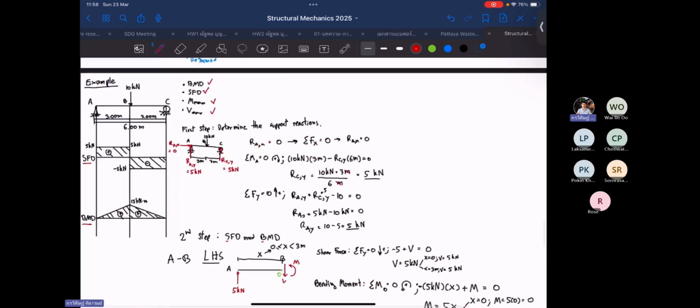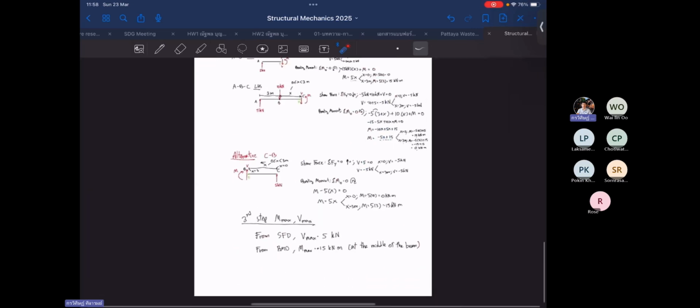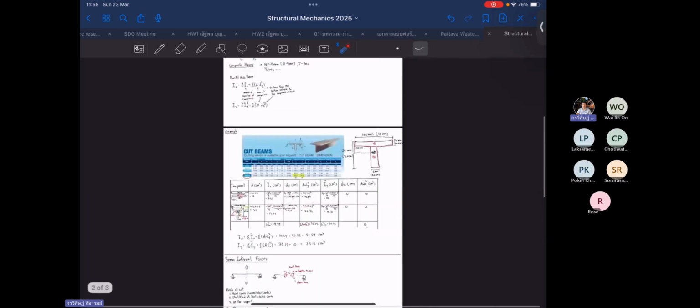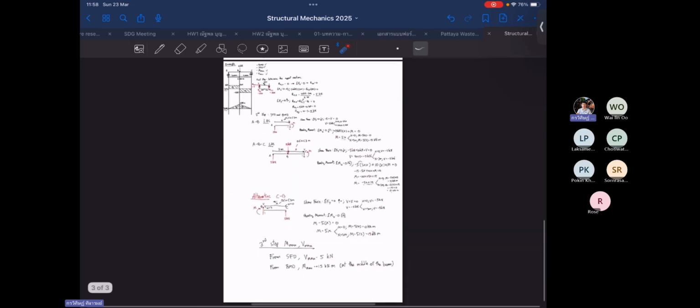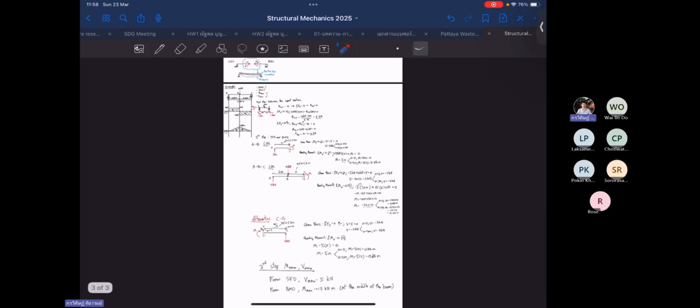In the exam, I already give you the line. Like every cutting point, I will give you this line and this shear force diagram and bending moment diagram symbol. So you no need to write down the whole beam again. So you can write down in the graph in the exam paper easily, to shorten your time. For the exam, I think the first one, moment of inertia, and the second one, the beam state, the beam internal force, are the most difficult part.